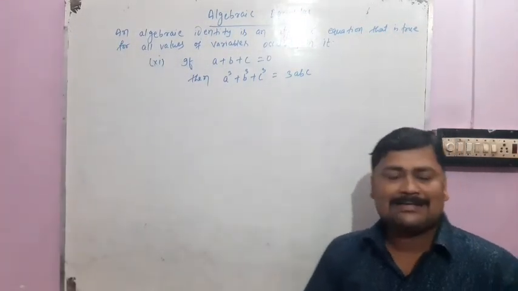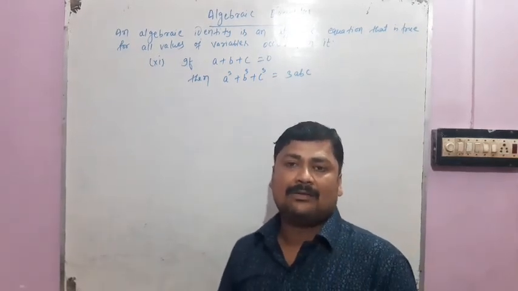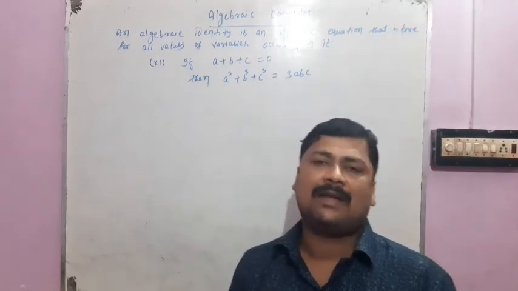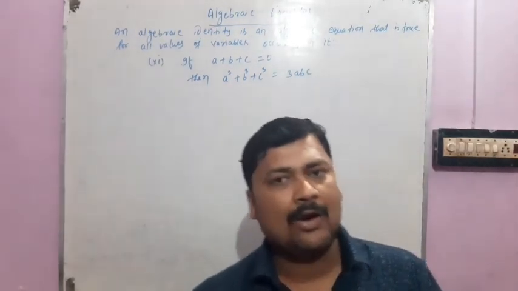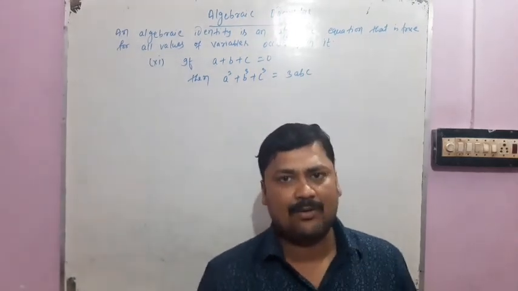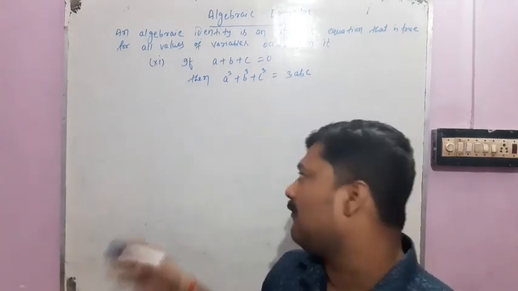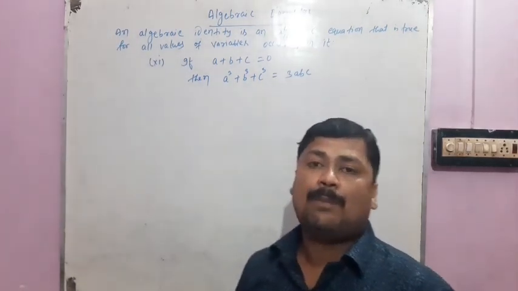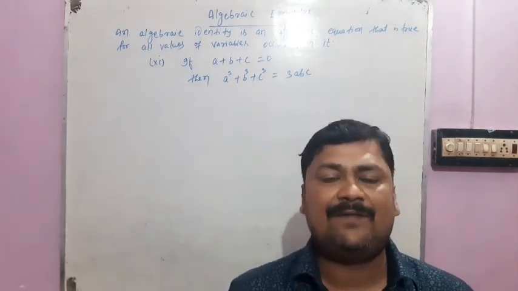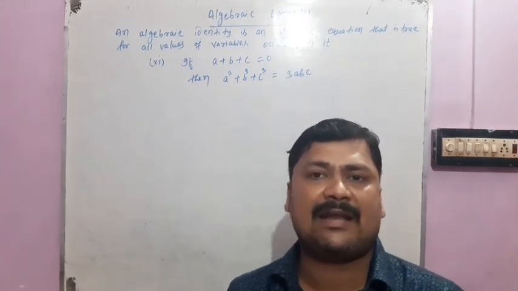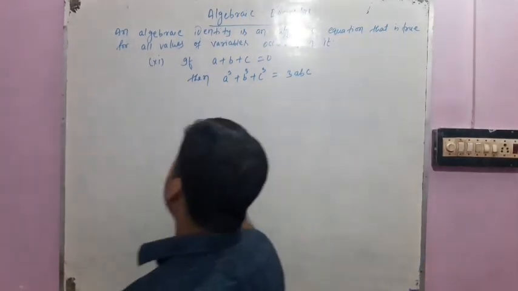I want to share one thing with you: identities number 9, 10, 11 and 12, we will verify in my next video. Here we are only learning what an algebraic identity is and what the different types are. In my next video we will discuss how to verify the results. If LHS is given, how do we get the RHS, or if the RHS is given, how do we get the LHS.